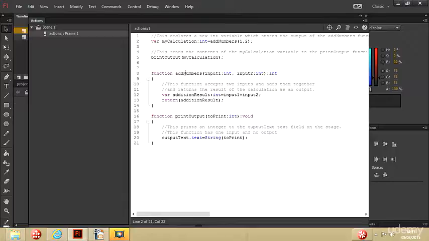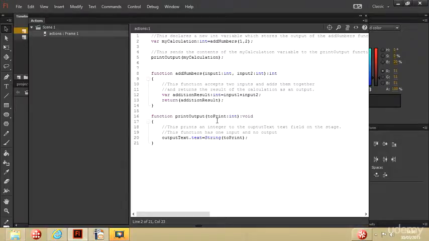So when I call this function, which I do at the top here, in the slide I did it underneath, it doesn't matter whether it's above or below the function when I call it. I'm calling it here, and I'm having as the inputs 1 and 2 as I showed on the slides. The output to this function is being stored in a newly declared variable here called myCalculation, and I'm using that variable inside a second function that I've created called printOutput. That's the function down here that has one input, so this myCalculation